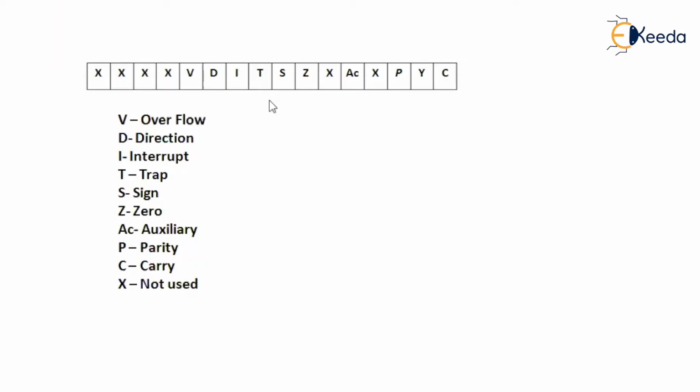Now, when a program is getting executed, meaning one of its instructions is getting executed, maybe let us say the 23rd instruction of a program, then at the end of the 23rd instruction, if you want to know the status of a program, you need to look at the flag register. The flag register is going to give you the status of a program. It gets updated at the end of every instruction.